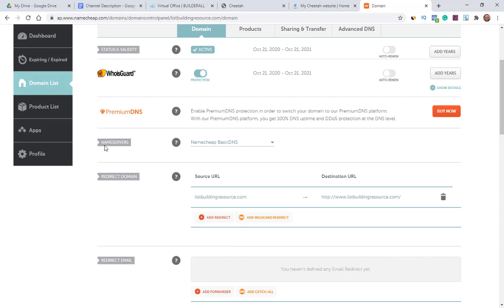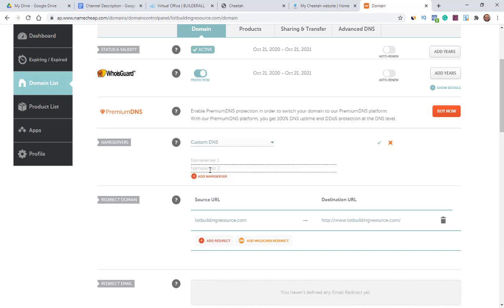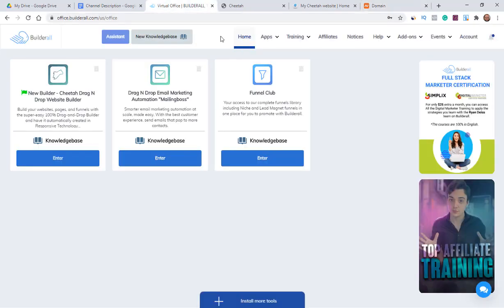down right here where it says name servers, it defaults to Namecheap Basic DNS. So I want to do a drop down here, and I want to say a custom DNS, and it gives me a spot for name server 1 and name server 2. Where do I get that information? Well, over here in Builderall, if you go into the knowledge base